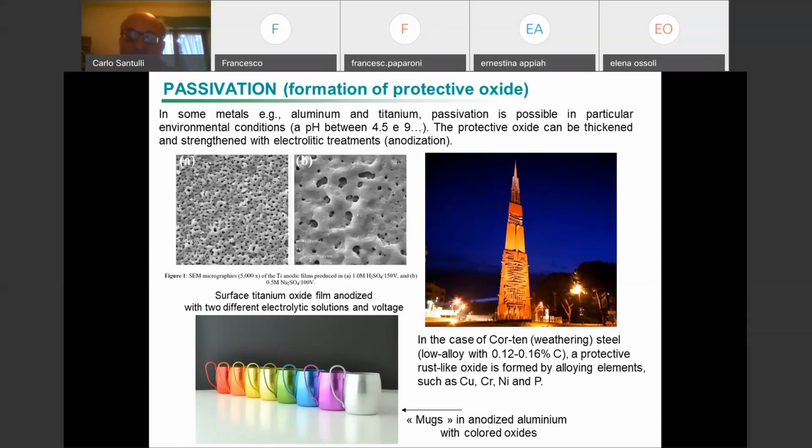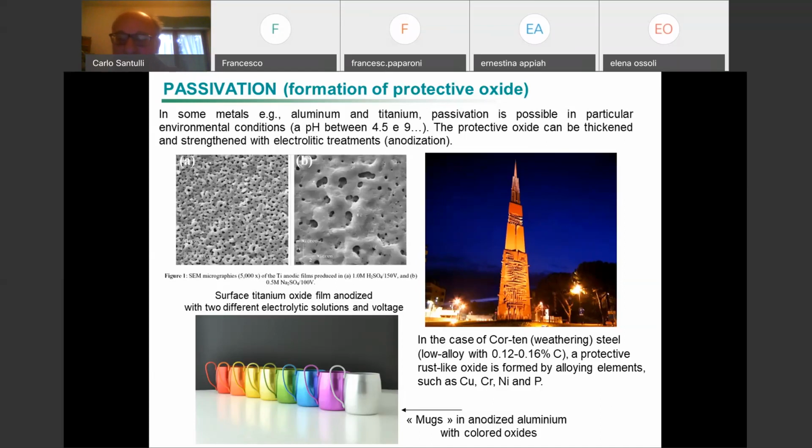Corten steel is a low alloy with a limited amount of carbon and very little chromium, but sufficient, together with other alloying elements, to create this rust-like oxide. So it looks rusty from the beginning, but it stays there unless there are some water infiltrations which might create a foam. This is a patent which was started in the 30s